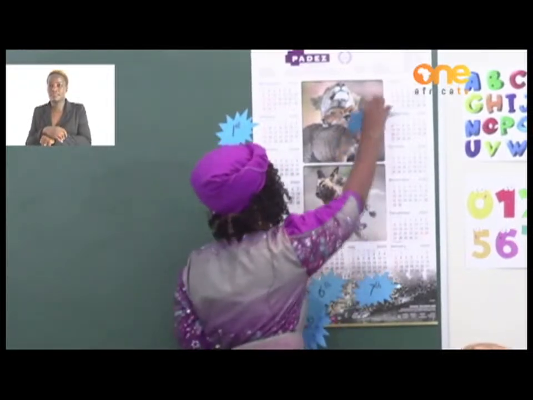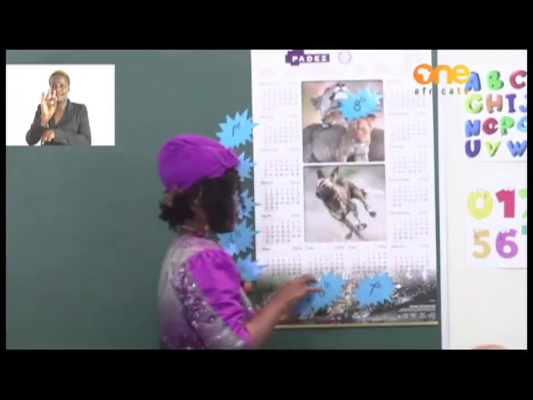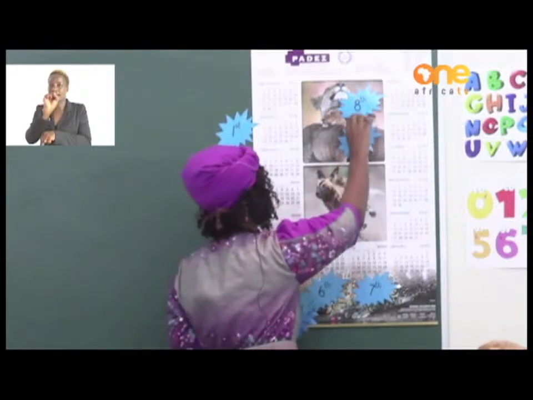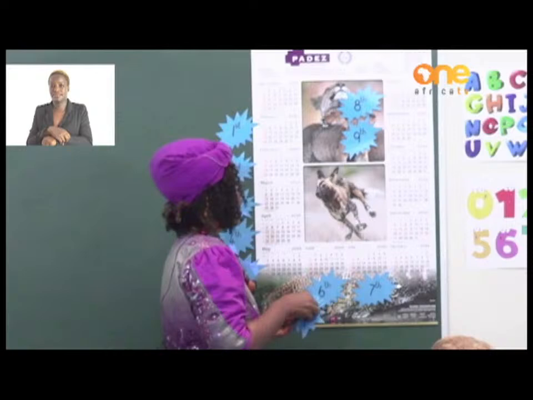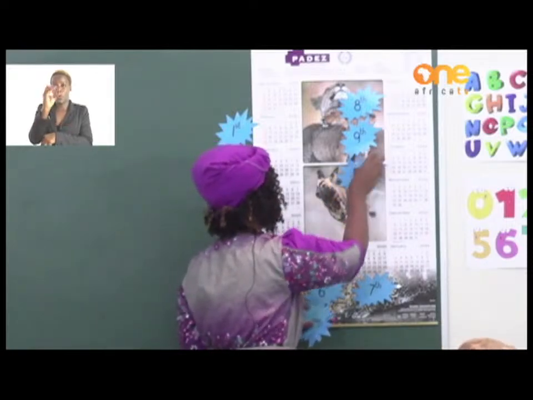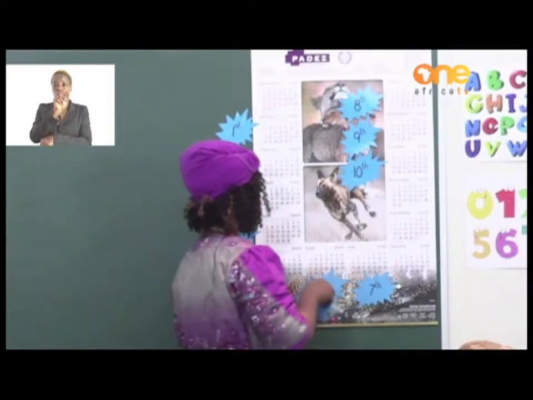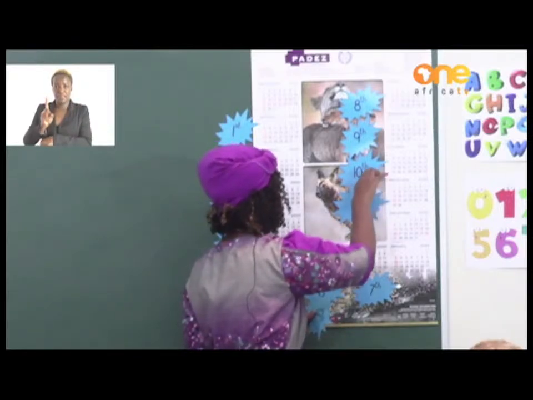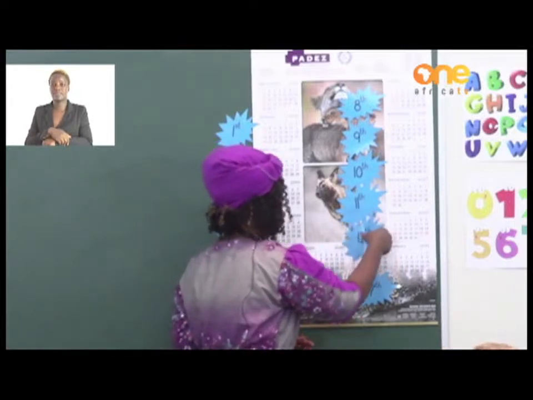Then we have July, the 7th. Then we have August, the 8th. And then we have September, Leandre, the 9th. And then we have October, the 10th. And then we have November, which will be our 11th month. And then we have our last month, which will be our